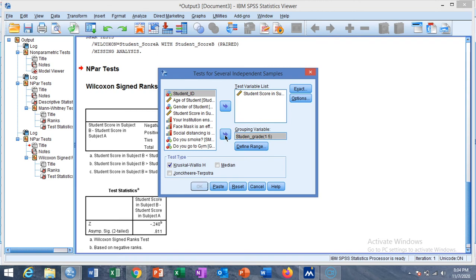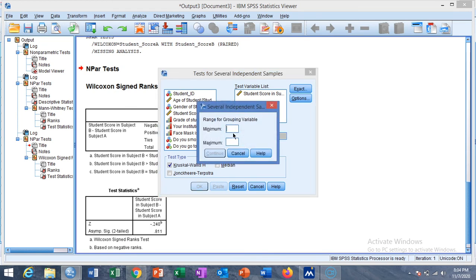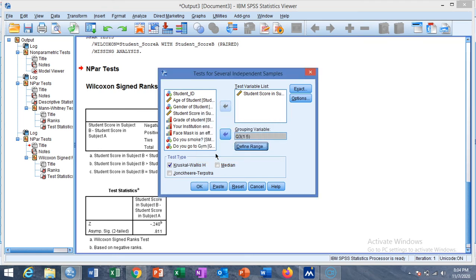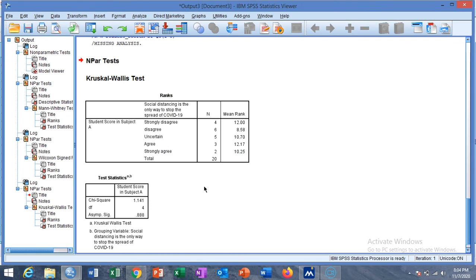I will choose the smokers or the social distancing variable as the grouping variable, and then define the range from 1 to 5, as there were 5 groups in this variable, and we use the Kruskal-Wallis test to compare the medians of k independent samples, and then click on OK.